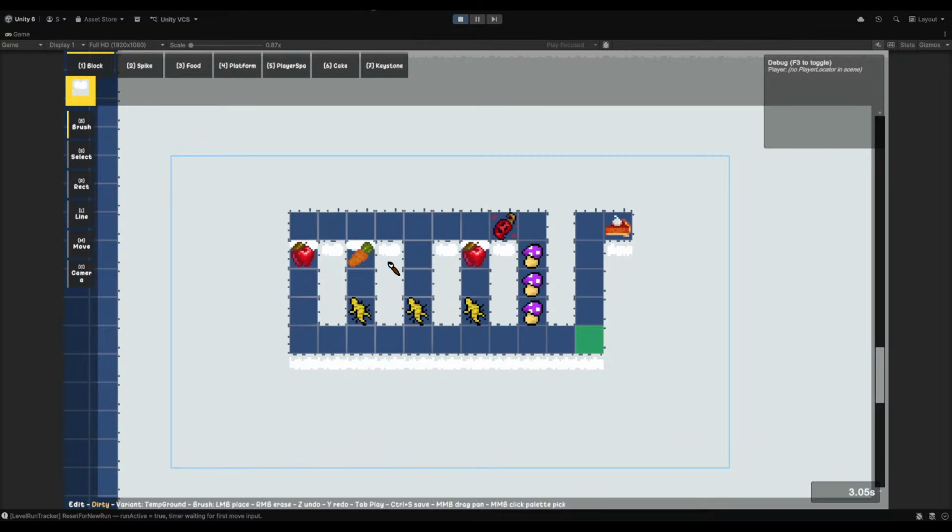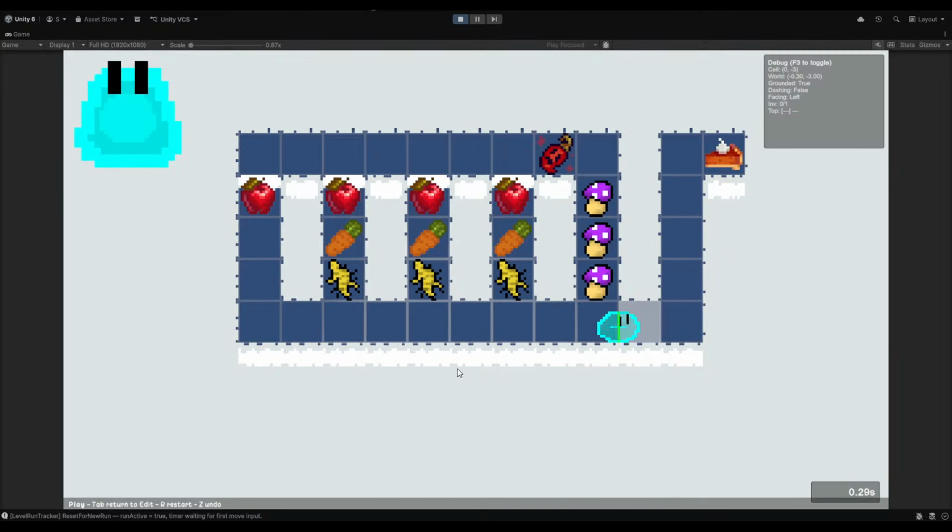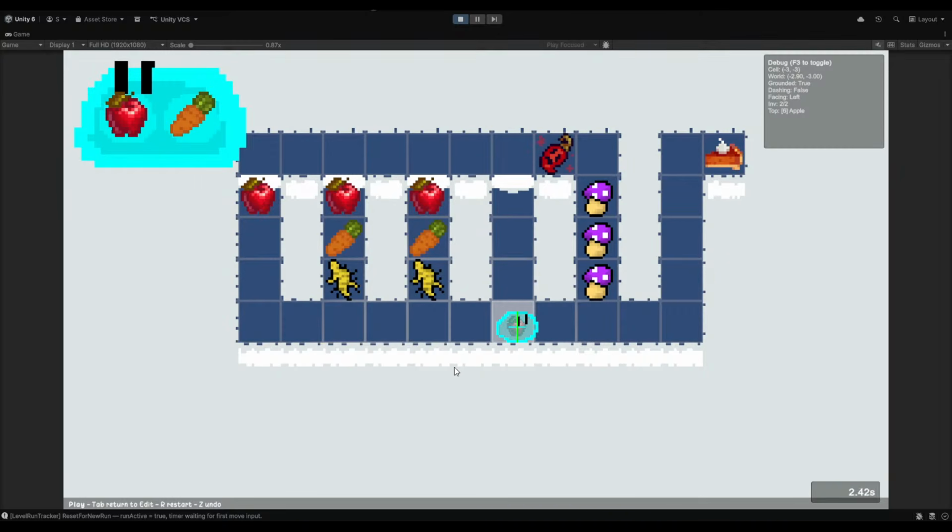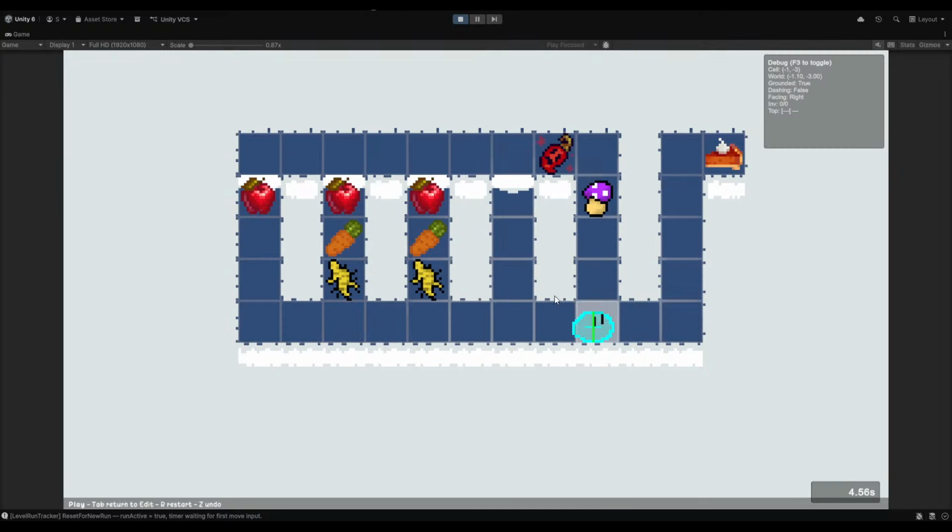We can make some of them where we need to pass through multiple times. So if I put carrot here, apple here. Actually, if I do this everywhere right now, this is still possible to win, right? Oh wait, I can just jump through there.